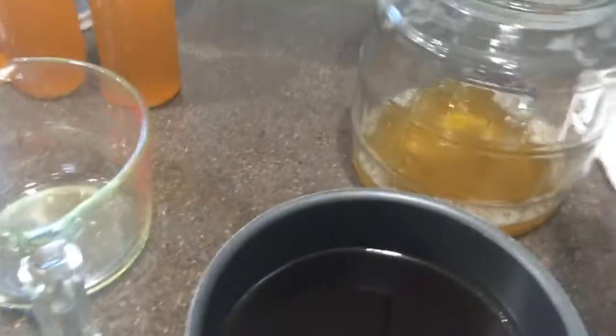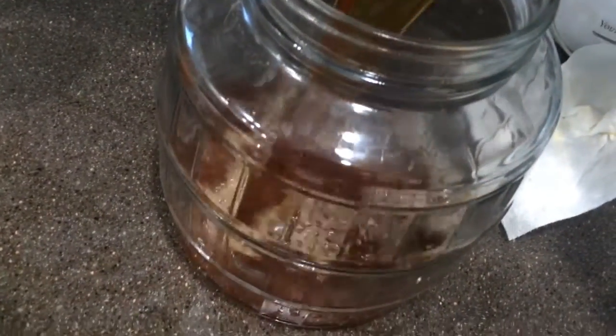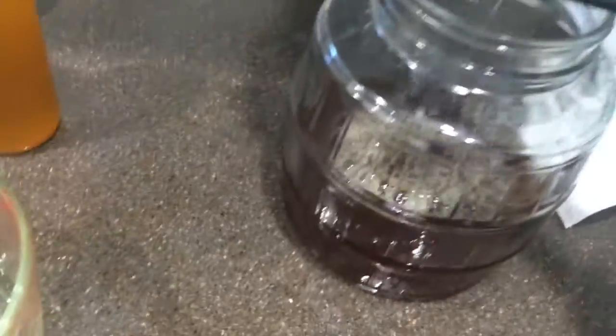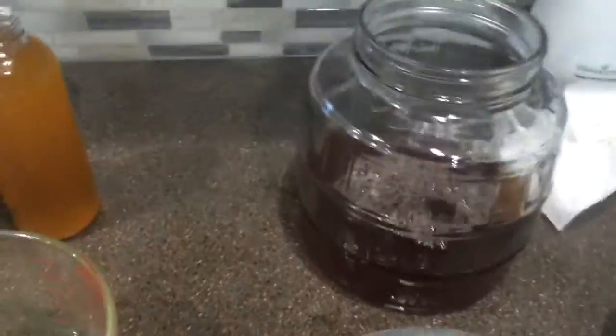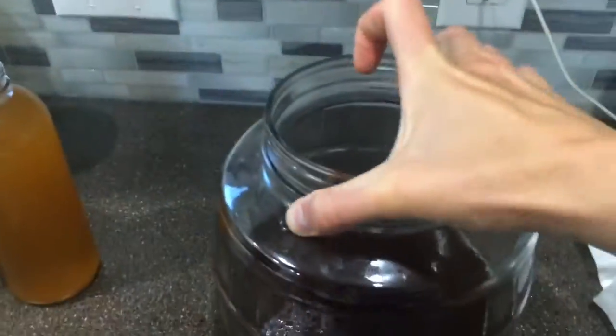But you need that starter liquid, and then you're just going to add, try to do this without spilling, add your tea. All right. And here's when I said I don't really measure at the beginning, because at this point I can just fill my jar with the rest of the water. Okay, and I'm going to spare you that detail too, but I use